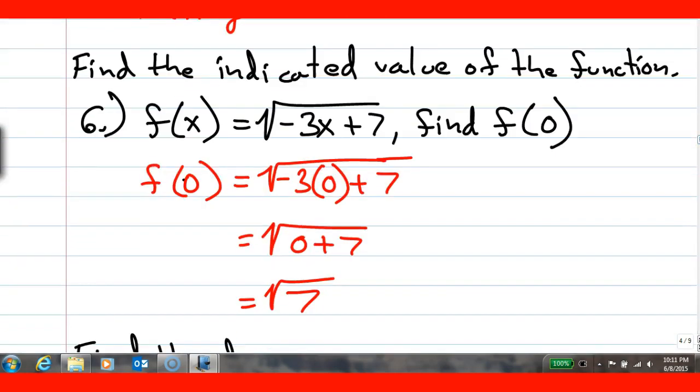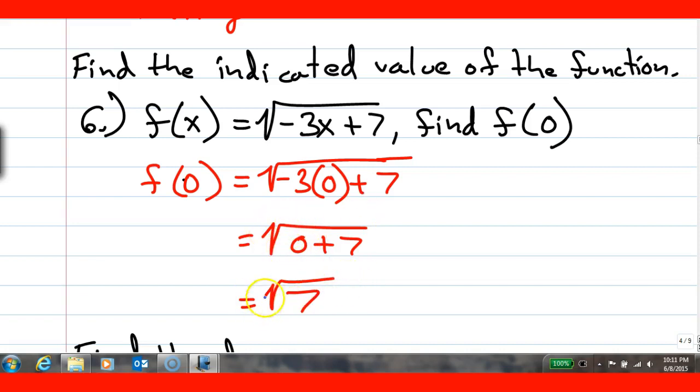Now it says find the indicated value of the function. So here I have the function of x equals the square root of a negative 3x plus a 7. And it says find the function of 0. So I'm going to plug a 0 in where I see the x and solve the problem. So I have a negative 3 times a 0. So this clears the negative out from underneath the radical sign, so I'm left with the square root of